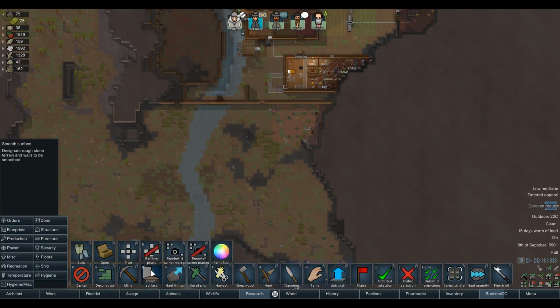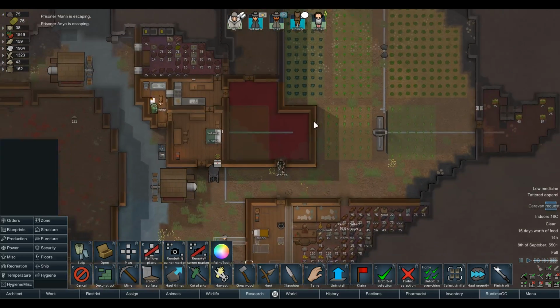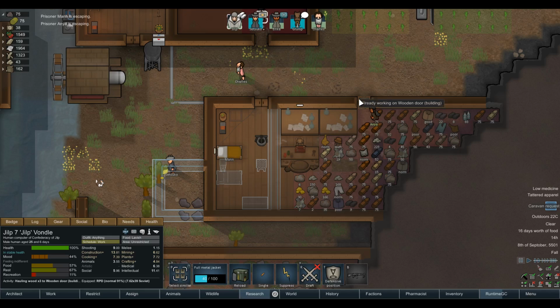Right, let's go, chop wood. That's the button I'm looking for. I was thinking cut plants? That's not right. Harvest? That doesn't sound right either. Right, let's chop some more wood. Oh. That was a mistake. To be fair...